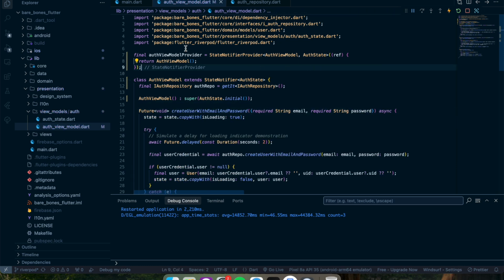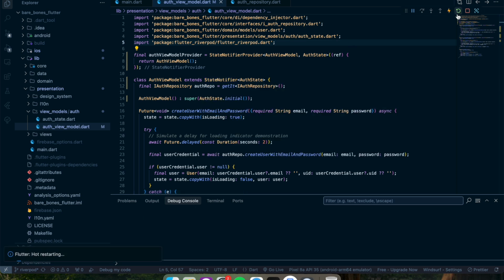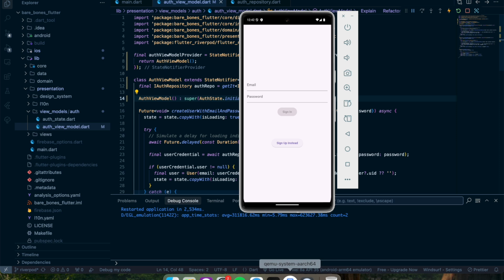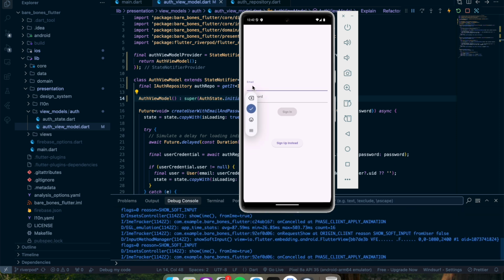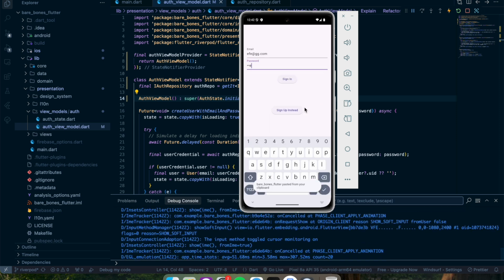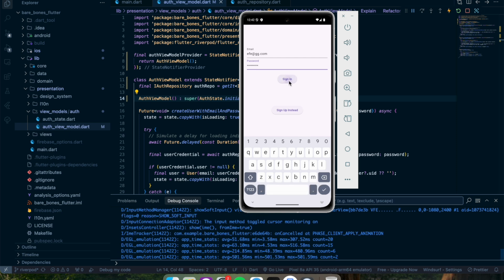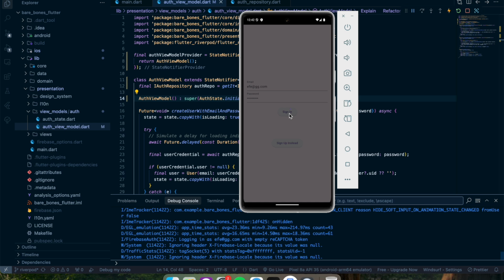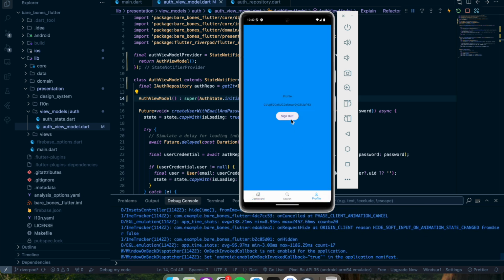Okay, we were using our AuthViewModelProvider and AuthViewModel like that using StateNotifier, but as Randall said, we need to update our StateNotifier. This works, by the way, for now, but it's deprecated, as I said, so we need to convert that StateNotifier to Notifier. But first, let us check what we have in our hands. Let's refresh the application and see what we have. Let's write our mail and password, and we can sign in. Here we go. Yeah, we can sign out,